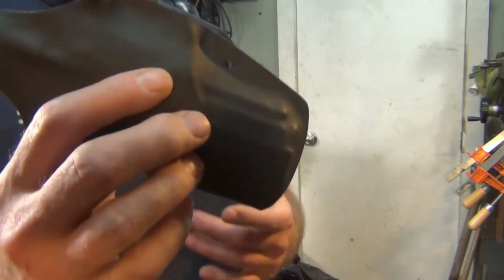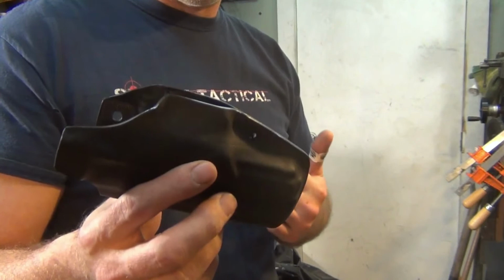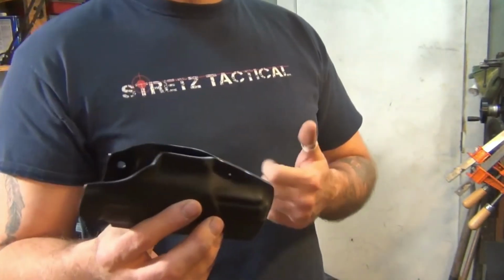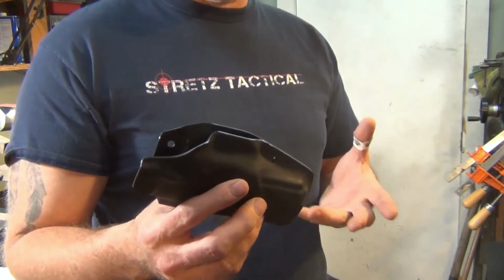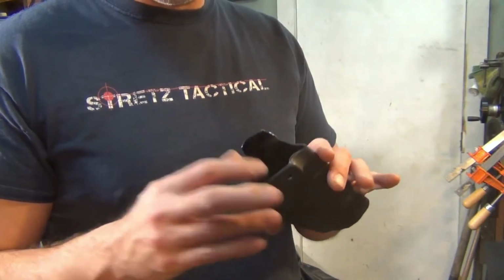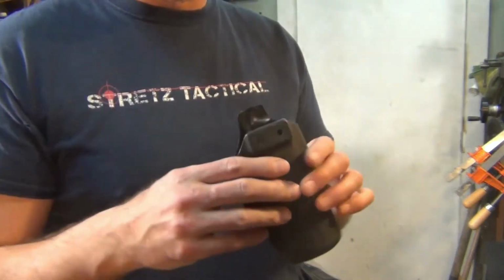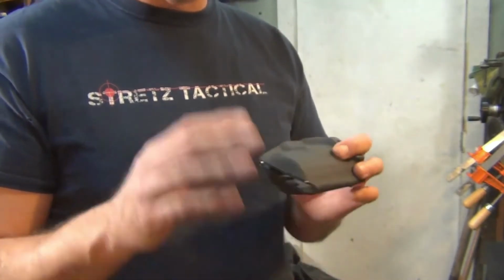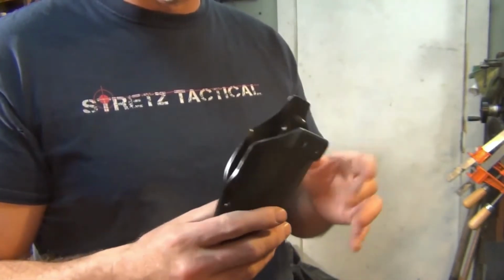So now, what I'll do is I'll take this and I'll put it in hot soapy water or Simply Green. Simply Green is going to clean out all the debris. You just dump all the water in there, rinse it out, shake it out, just like you were washing your dishes, and then you use an air hose to just blow out all the water,